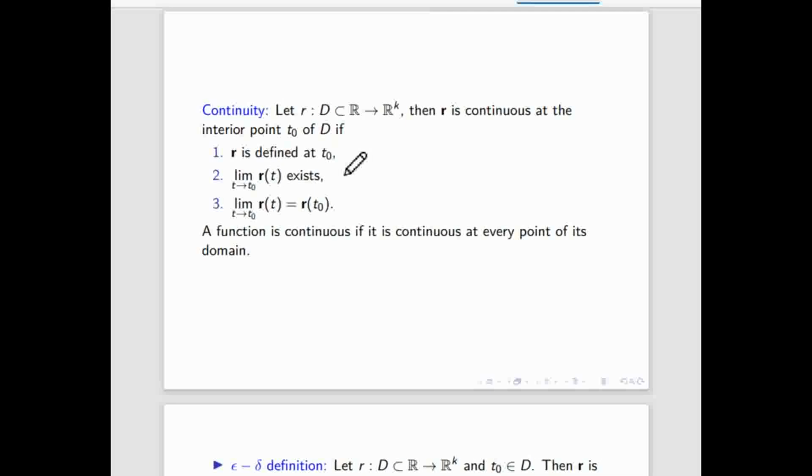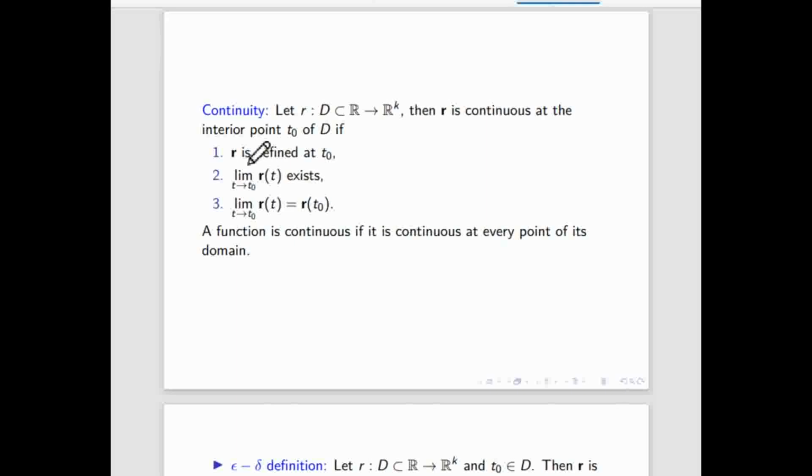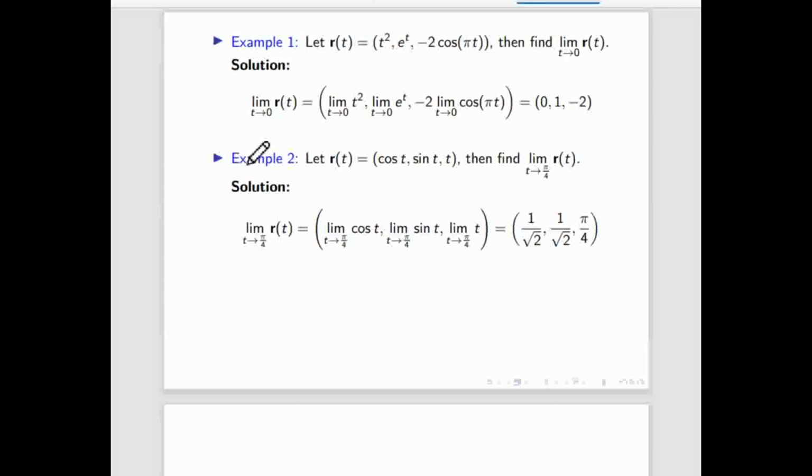Can we apply L'Hospital rule here? Is there any problem if we apply L'Hospital rule here? Yes, you can apply it to individual components, because it is a function of a single variable. If there is a limit of a function, then we first define it component wise, then apply the L'Hospital rule and get the answer. And this L'Hospital rule you can apply only when it is a 0 by 0 form or infinity by infinity form, only then.